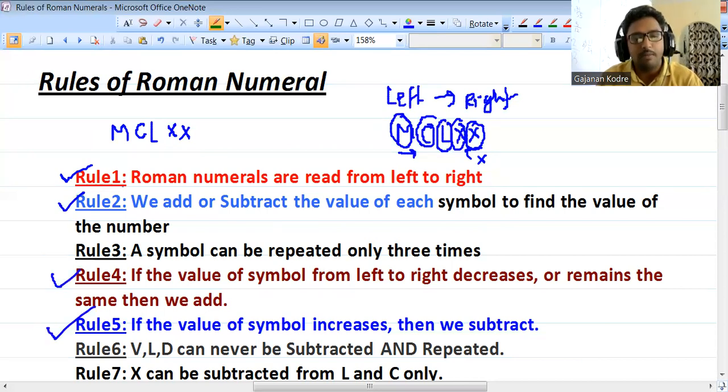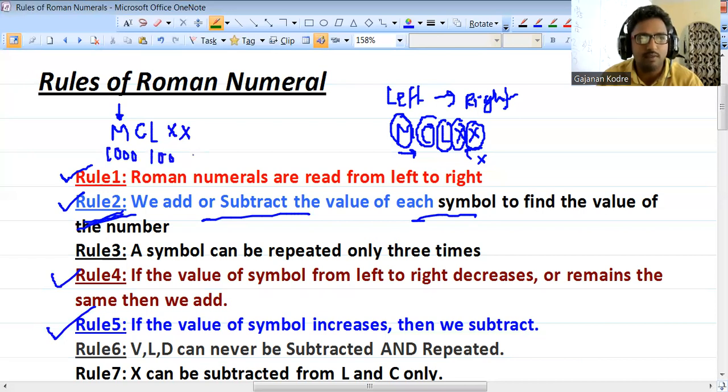रूल नंबर 4, रूल नंबर 5 में आपको एग्जैक्टली पता चलेगा कि व्हेन टू ऐड एंड व्हेन टू सबट्रैक्ट। बेसिकली हमें वन बाय वन जो रोमन न्यूमरल है या सिंबल है उसके वैल्यूज को एक तो ऐड करना होता है, नहीं तो सबट्रैक्ट करना होता है। दिस इज द मीनिंग ऑफ रूल नंबर 2। We add or subtract the value of each symbol to find the value of the number। अब देखो ना, यहाँ पे M means 1000, C means 100, L means 50, X means 10, X means 10, है ना। अब यहाँ पे हम ऐड करेंगे या सब्ट्रैक्ट करेंगे, उसके ऊपर इसकी वैल्यू हमें मिलेगी।